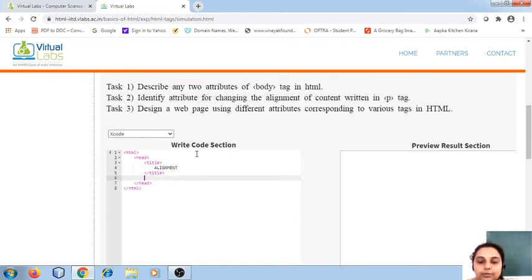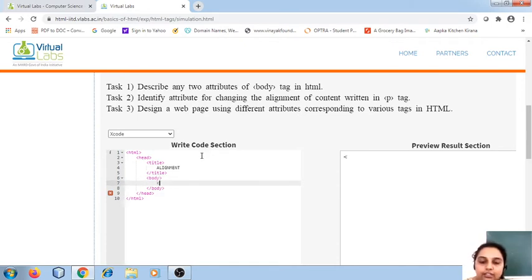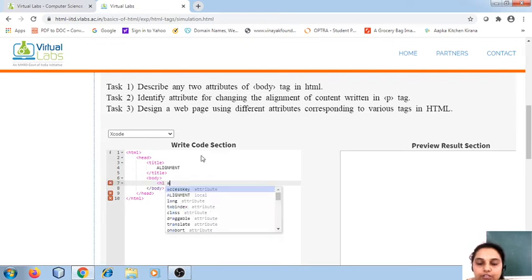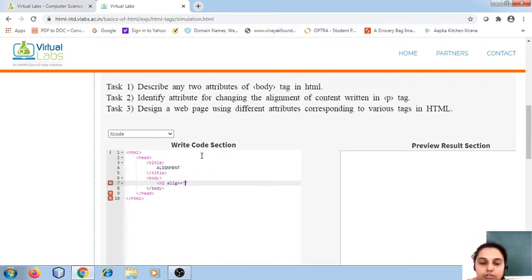Then coming to my body. Within the body tag, I will first write one heading. I write it as h1, align is equal to right. The text is: Hello everyone.